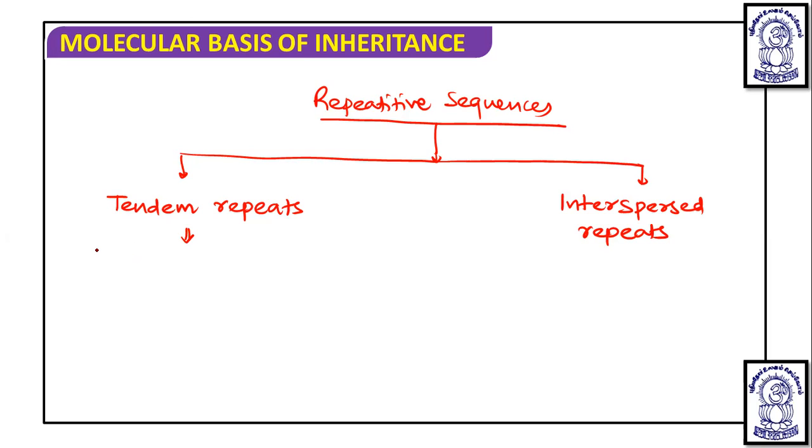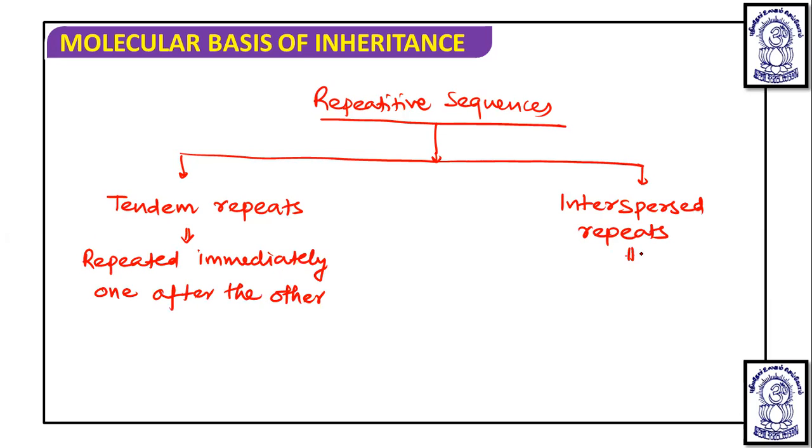Tandemly repetitive sequences means they are repeated immediately one after the other. Whereas if we talk about interspersed repeats, then